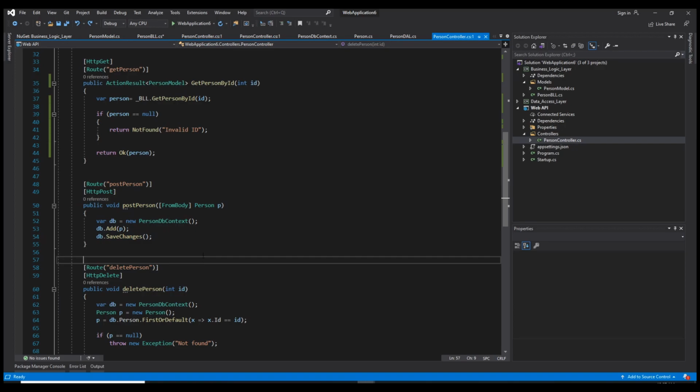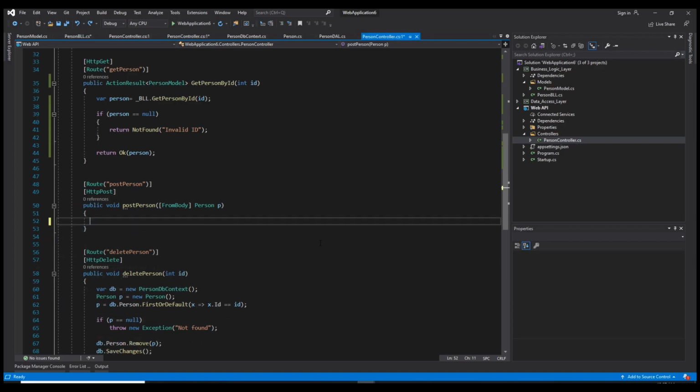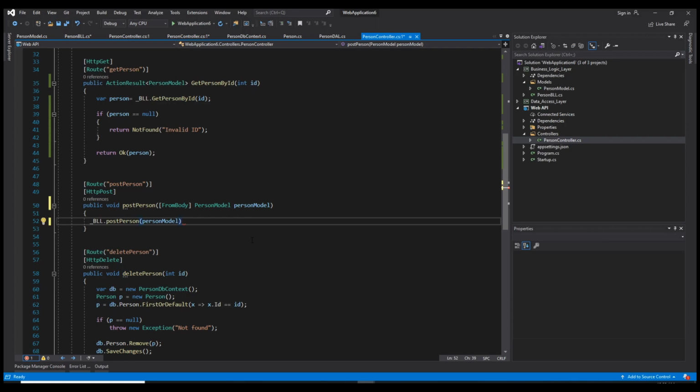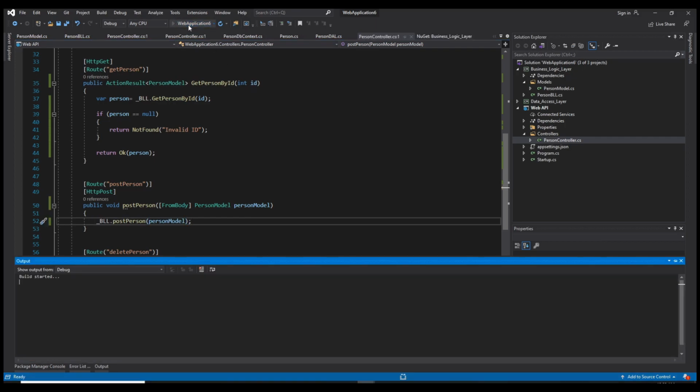And in our controller here, we also need to make the changes. So we call the business logic layer. And as we already said, here we need to pass in the person model, which is gonna come from the body. Person model, let's say person model. We take this, we pass it here, semicolon. Now if we run this,